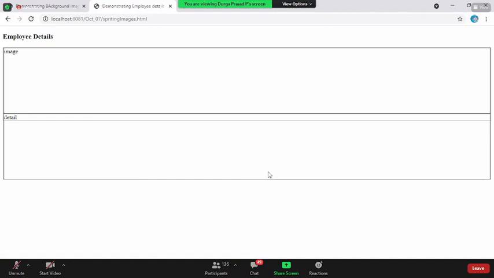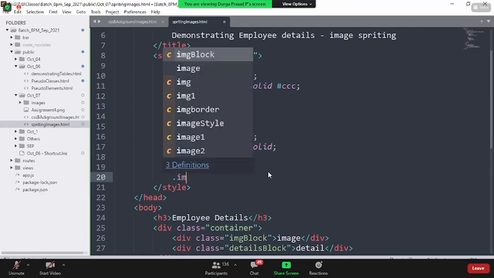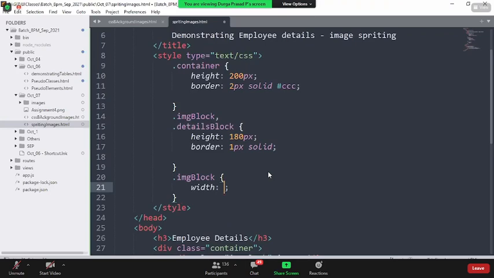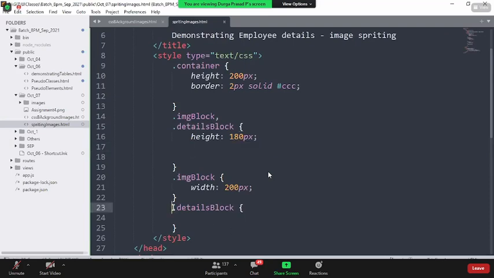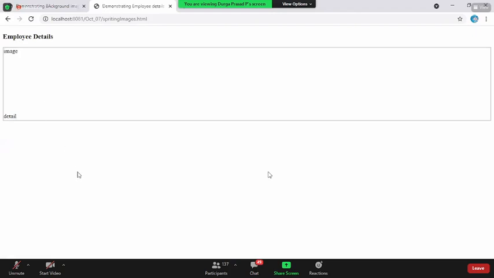They are trying to come out of the container, but I need to control the width of the image block. For the image block, I set the width as 200 pixels. For the details block, I don't need the border actually. If I don't specify anything, it will occupy the remaining part. Now if I come back and reload the page, this is how I have the image and the details.